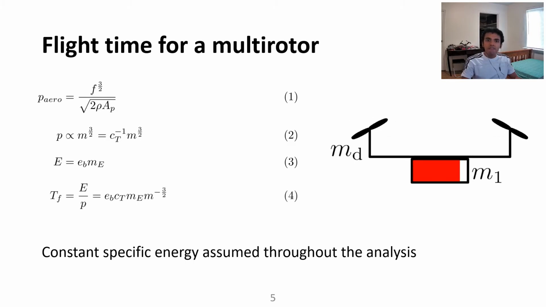We can now claim that the flight time is the ratio of the total energy to the power consumption, which is assumed to be constant in hover. Ct here is a vehicle-specific constant and depends on the powertrain efficiency, propeller size, etc. We note that this constant is independent of the vehicle mass.